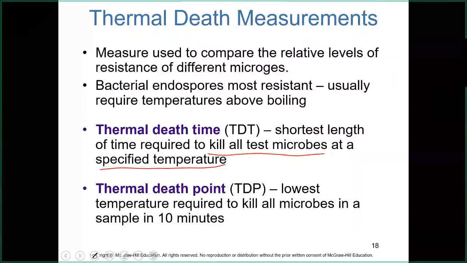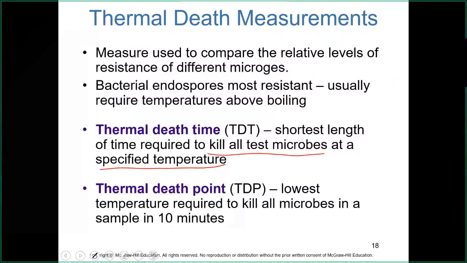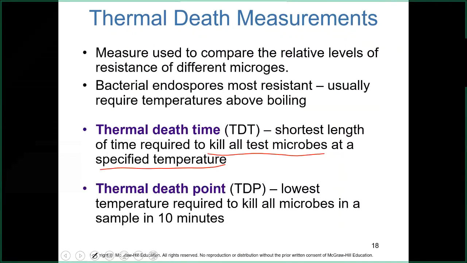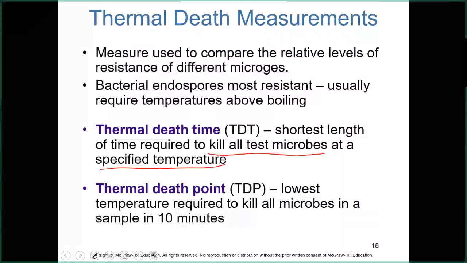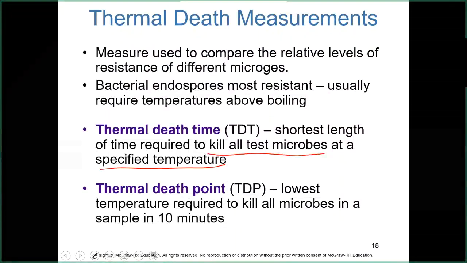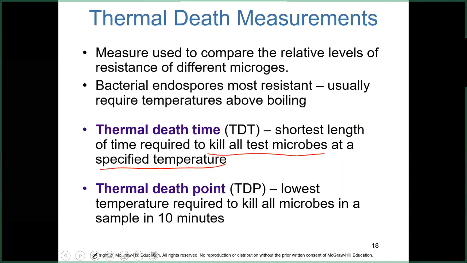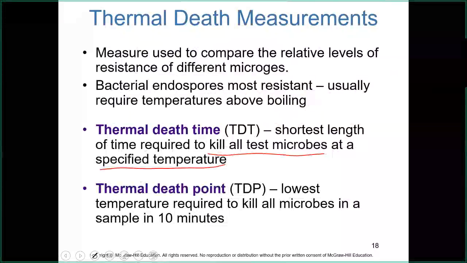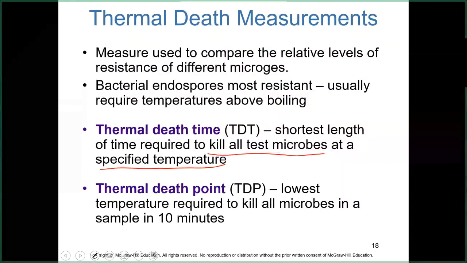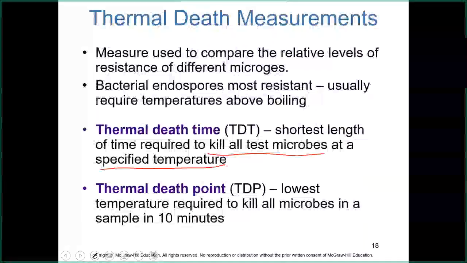And then we have thermal death points, which are different, all right? Easy to, I guess, make the mistake of confusing the two. But this is one temperature that will kill all of a particular organism in 10 minutes, all right? So it's the lowest temperature at which that can be achieved. And that's going to vary from microbe to microbe. It's microbe specific. I don't know if I like that way to describe it. But it's applicable to each